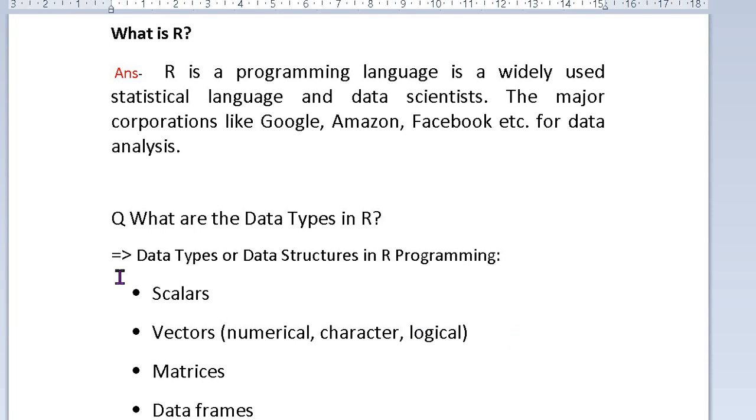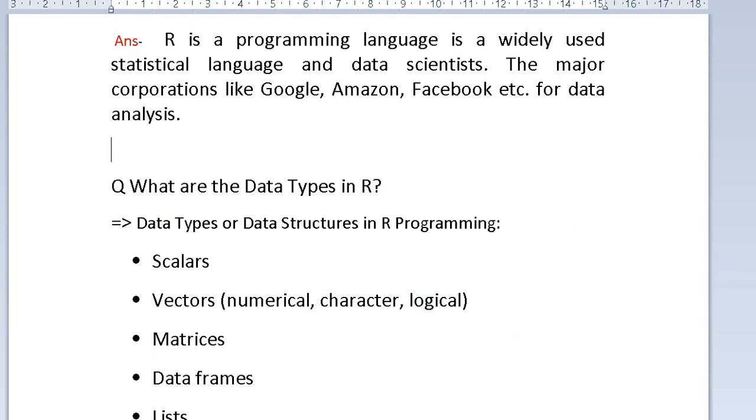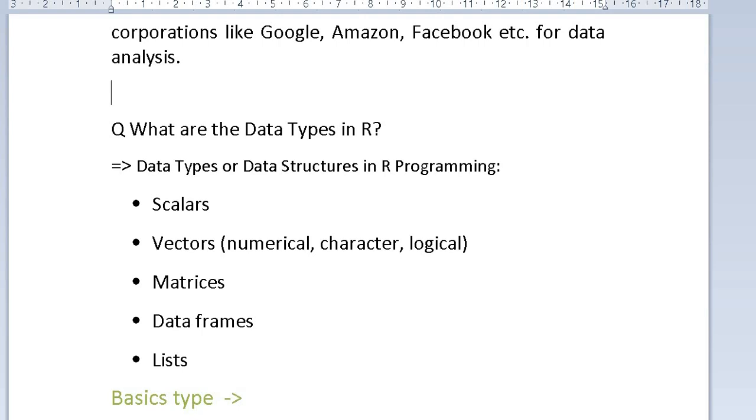R has different types, like a scalar. Then vector, in vector we use numerical, character and logical values. That's it, common in the vector. I will explain you with an example in my next video.